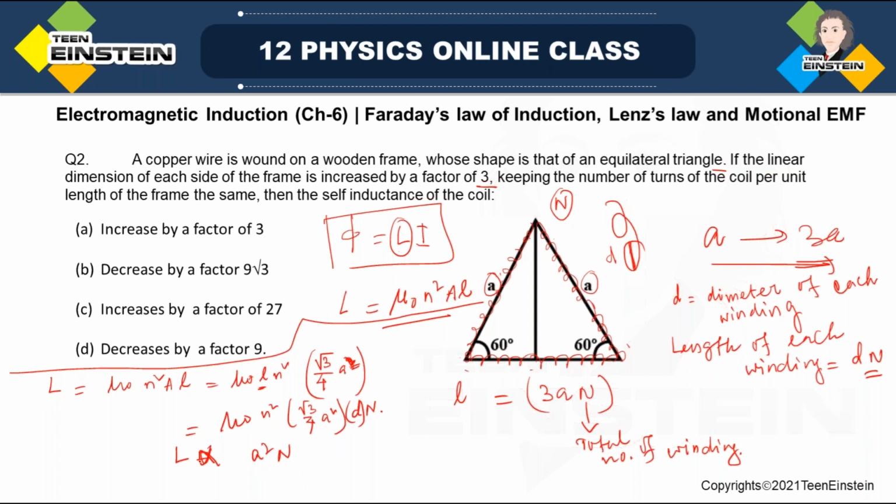Again this N will be proportional to 1 by a, where a is the side. So L is directly proportional to a square and N, and if we combine these two proportionalities,